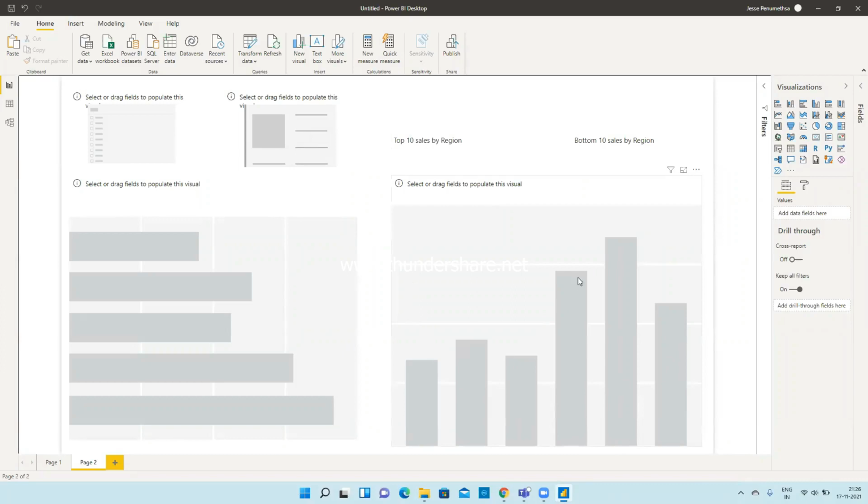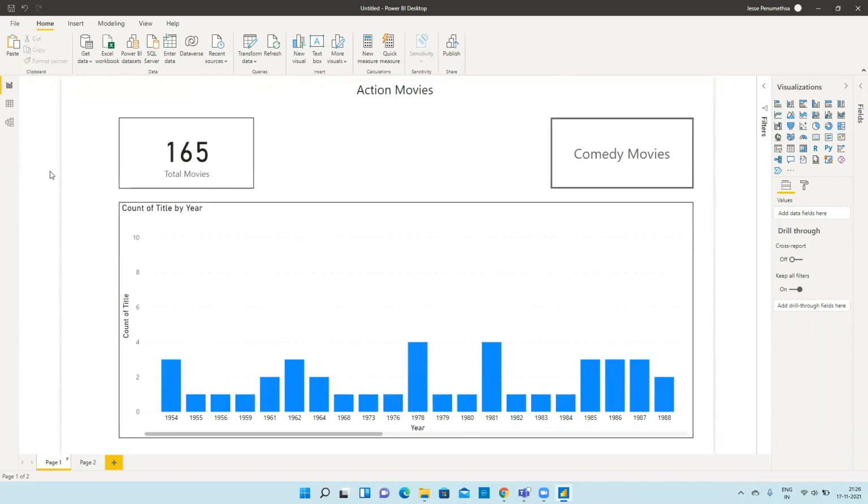In this kind of situation, these bookmarks help a lot to check on the same page. So all the reports are something different, they will not change, only these buttons will talk to this visual, and if you click on it, it will change. Okay, so in real time you will be having page navigation, and you will be having the best use of bookmarks as well. You will be using these bookmarks, they will help you a lot in real time.